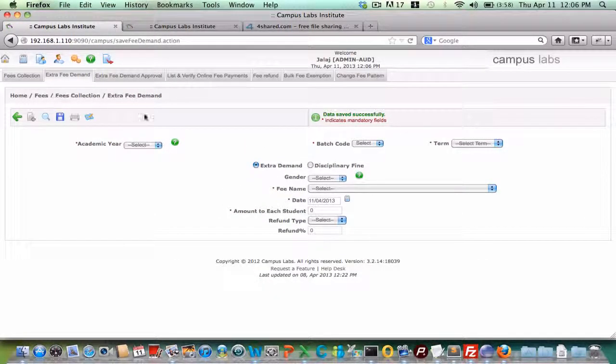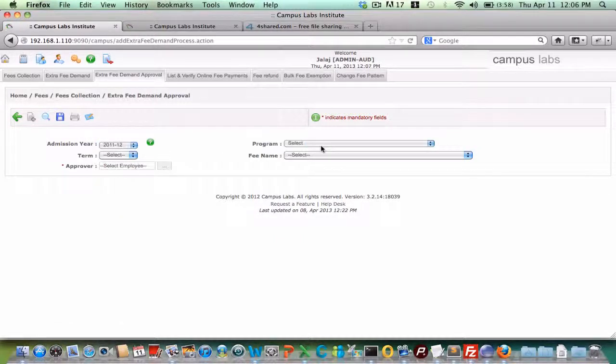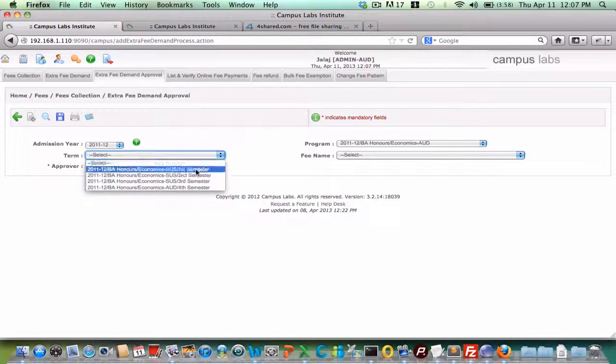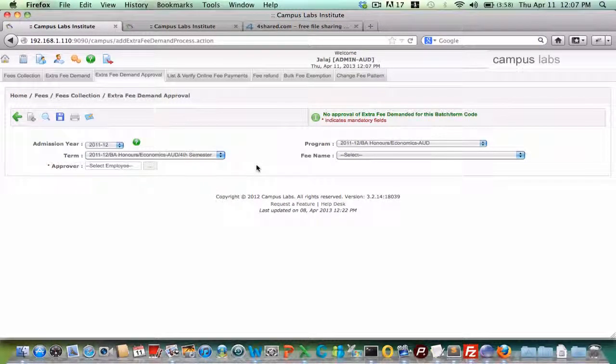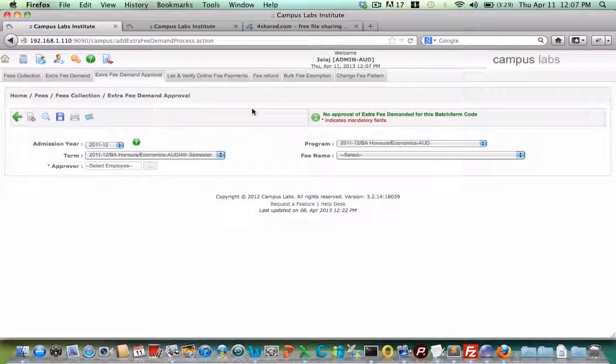The same will be visible at the fee collection screen after the creation. There is also at this particular screen fee demand approval applicable, and using the same key, fee demand approval required, this can be turned on or off. If you have created a demand, use the extra fee demand approval screen to approve the created demand. As we have set the value of that key as no, no demand was created. It has automatically been approved, and the same can be collected from the fee collection screen.